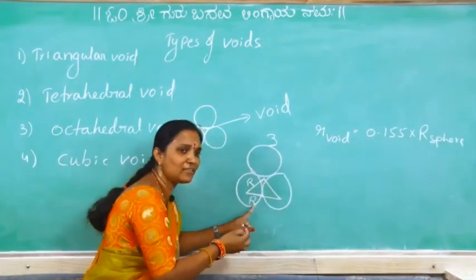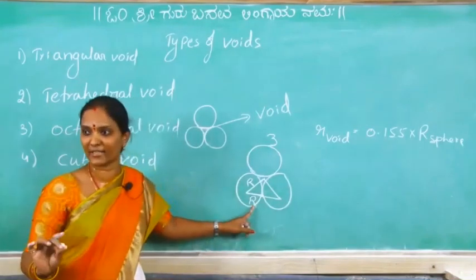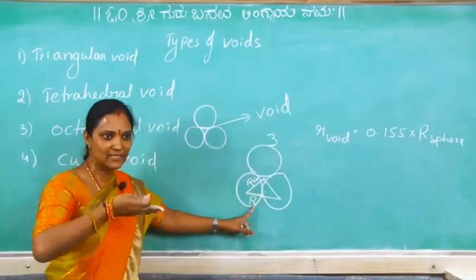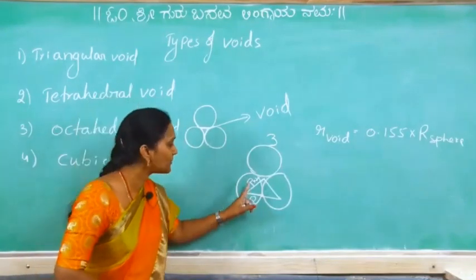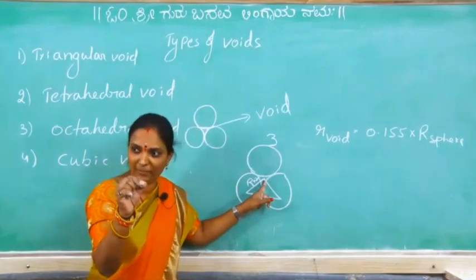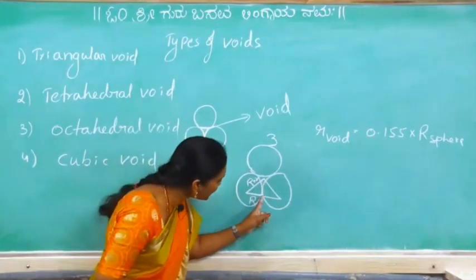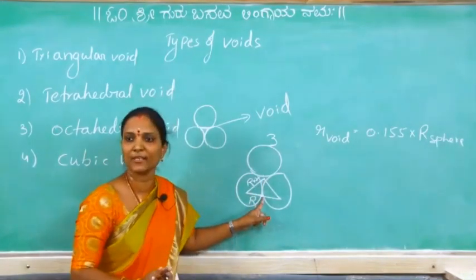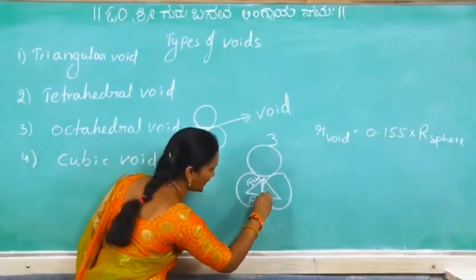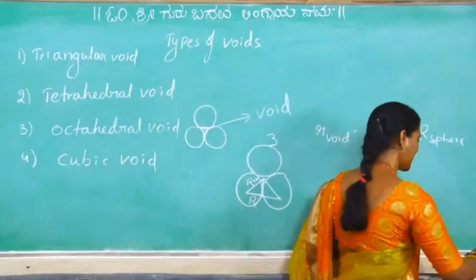And here in this line, radius of void also there. Nothing but this is R plus r. That line is equal to R plus r, nothing but radius of sphere plus radius of void. Center of that void I am taking. Now this length is equal to radius of the sphere only. Now, like this triangle I am taking. So now observe this triangle.